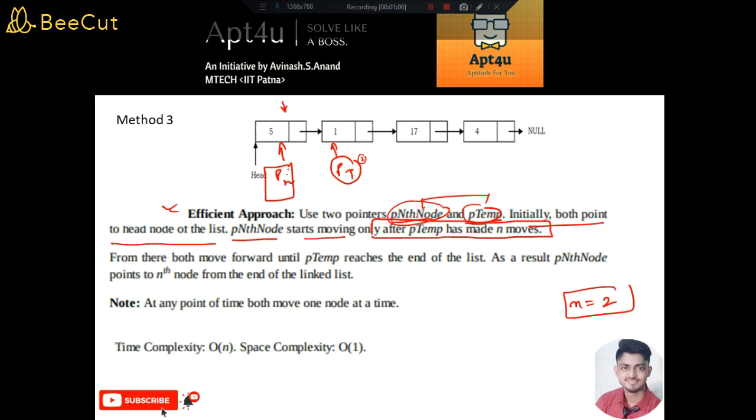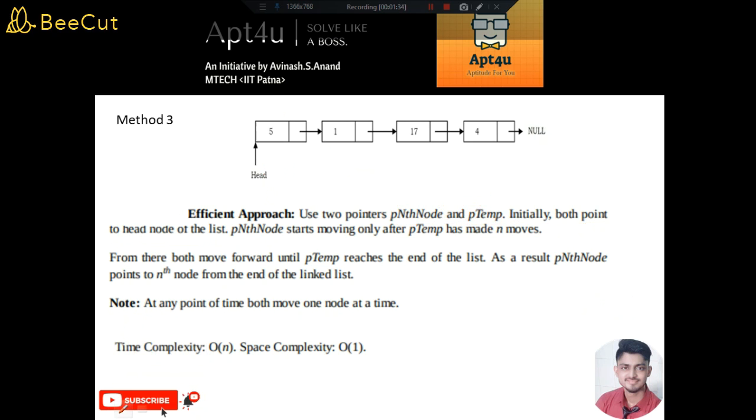right? PT has visited two nodes. Pn has so far visited only one node, right? So now we will not move node Pn until PT has visited two nodes. So now we see that PT has visited this node and now it has covered two nodes, and it is equal to n. So now what can we do? Now from now onwards both pointers will take one step at each iteration till this pointer PT reaches null. So what will happen? Basically the logic is initially Pn here, PT here, okay, at 0. At time 1 Pn is here, PT is here.